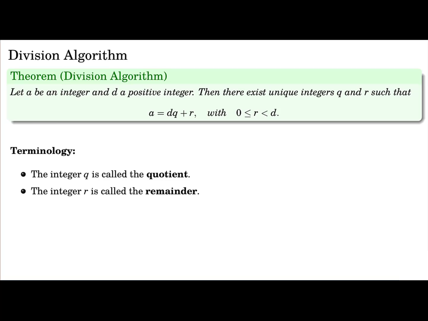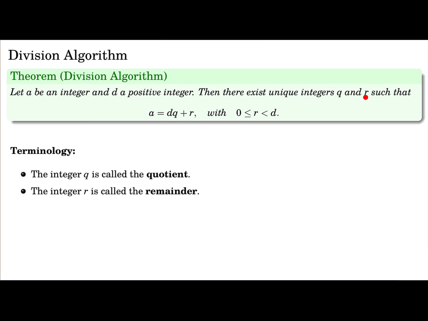So let's see the division algorithm. This is the formal version of something we have used since elementary school. When we divide one integer by another, let's say by a positive integer, we get a quotient and a remainder, right? And so what this theorem says is that if you have an integer a and a positive integer d, then there exist unique integers q and r, and q is called the quotient and r is called the